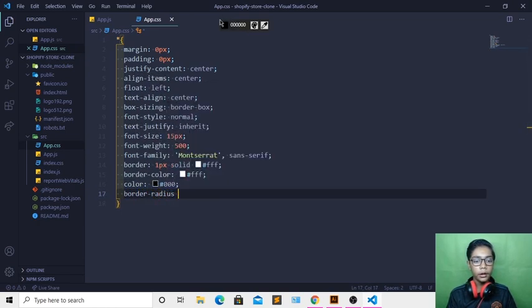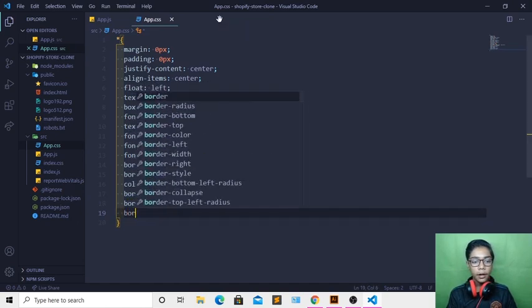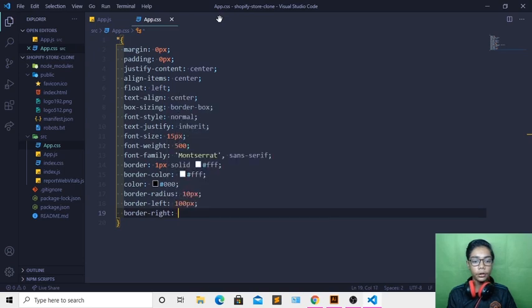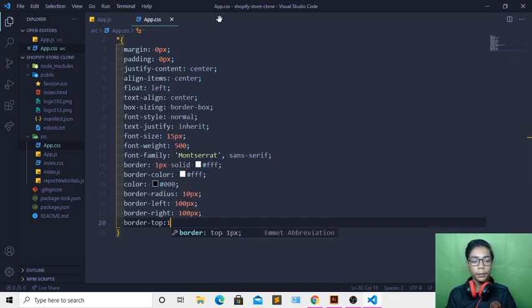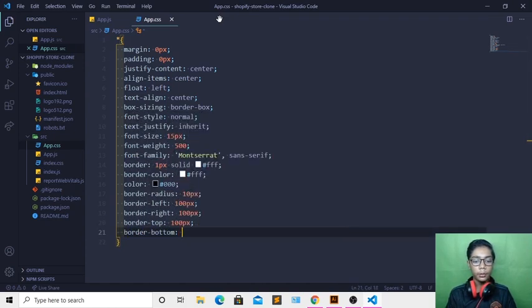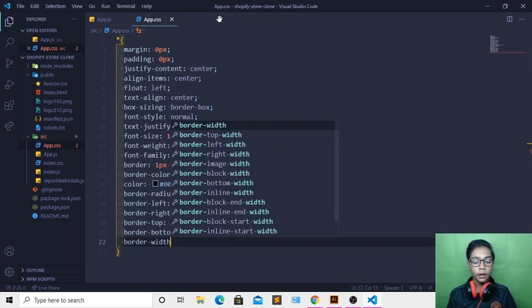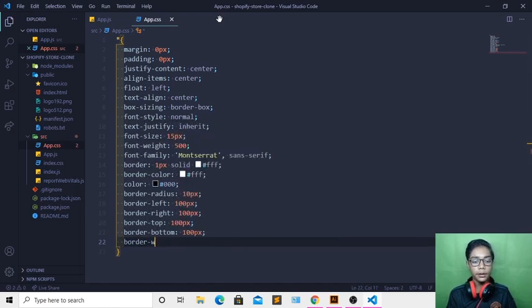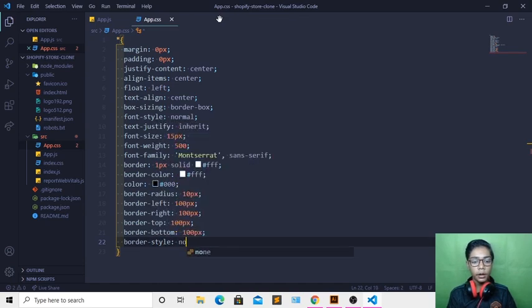Then when you've done that, I will be coming underneath creating border-radius 10 pixel, then here I will be coming underneath again creating border-left 100 pixel, then you have to also write border-right which should be 100 pixel, and I will be writing border-top 100 pixel, so I will be writing that, and create border-bottom which should also be 100 pixel. So when you've done that, I will be writing border-width 100 pixel, but first of all I will be erasing here, then I will be writing border-style now which will be none,